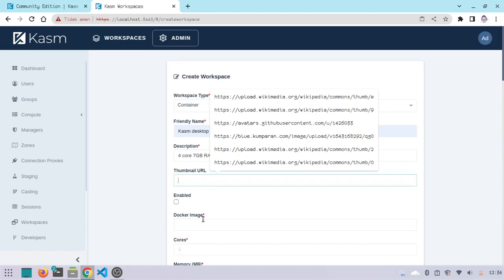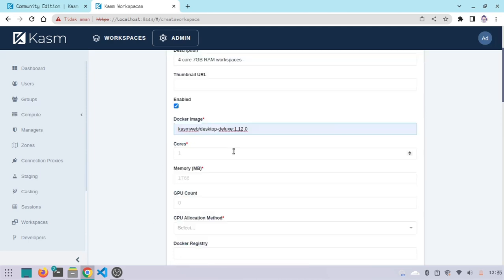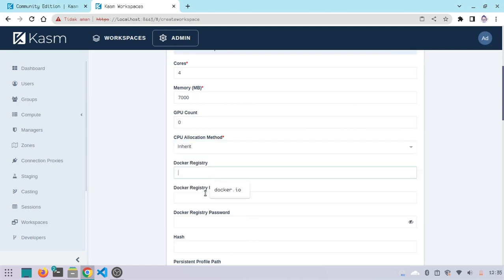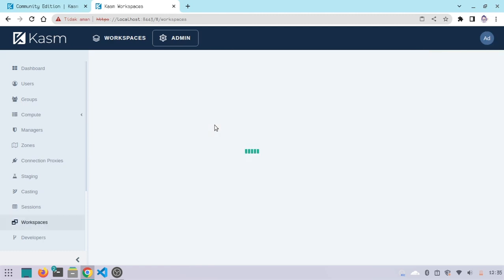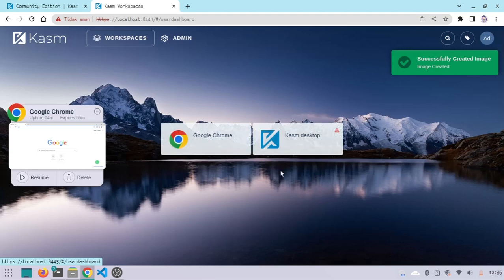The thumbnail URL is blank, and with images workspace enabled, we'll set it to desktop deluxe, and the amount of cores is 4 and 7 gigabytes of RAM, and no GPU. CPU allocation is inherit, Docker registry is ignored, and go ahead to workspaces, and here it will need